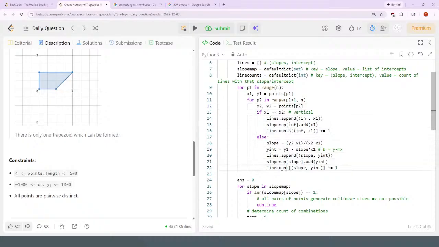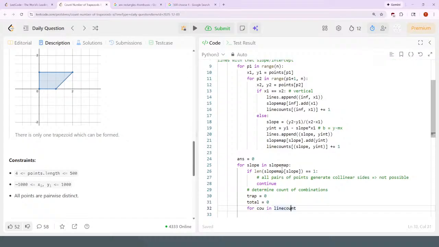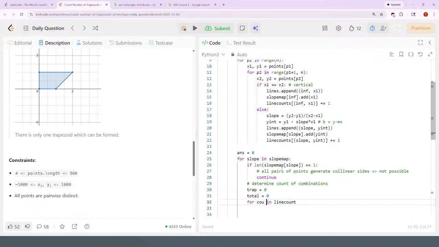Line counts. So for every count in line counts for this particular slope. No, this is wrong. For every y-intercept in the set, so for every intercept,